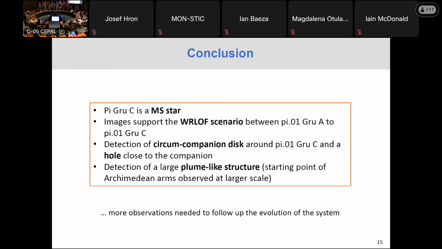Thanks, Julia. Very nice talk. I'm also interested in this hole, and I was wondering if you consider doing maybe GRAVITY observations or something like this, so that you actually get a spectrum of the hole. We can try this, but what I would also like to do is get more MATISSE observations to recover this hole at another phase of the orbit of pi1 Gruis.